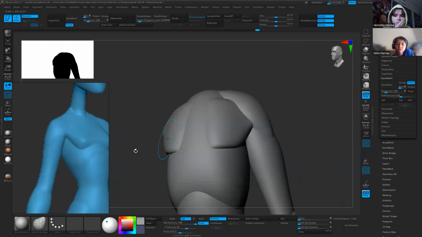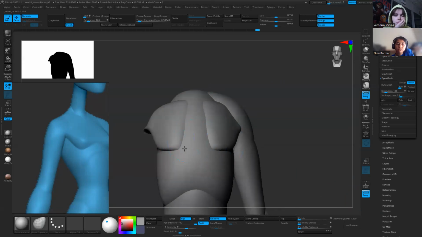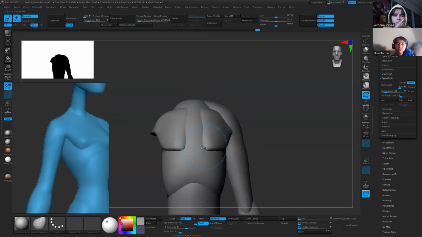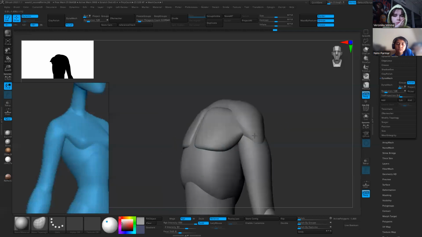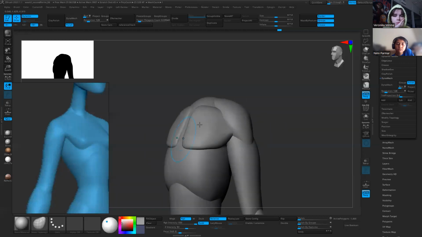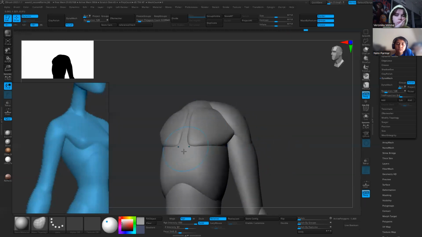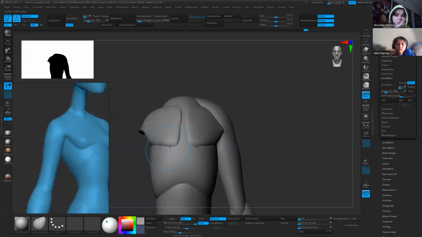The reason why I mirror it first is because it almost always does it from the positive to the negative direction. So you can, and then I'll turn on symmetry again. So we'll just go ahead and move that into the center. And if it's getting too big and too prominent, I'm just going to go ahead and simplify it a little bit. And then I'll probably add in a breast shape as well,